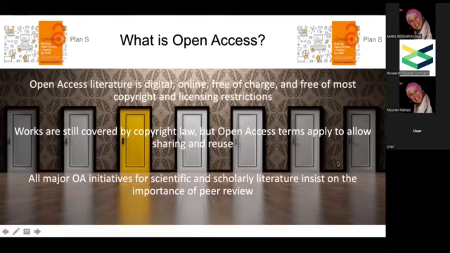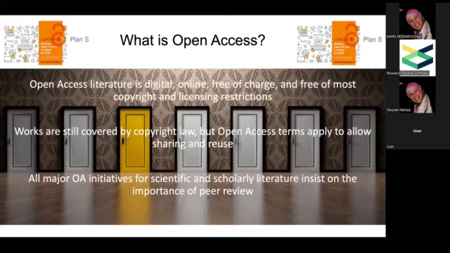But if you put your work into an open access journal, if you put your work onto a preprint server, if you show your work to everybody, even if it's peer reviewed, you're still protected. And that's very important because work is covered by copyright law, even if the work is published in an open access journal. The open access terms, we'll talk about what that means in a minute, apply to allowing sharing and